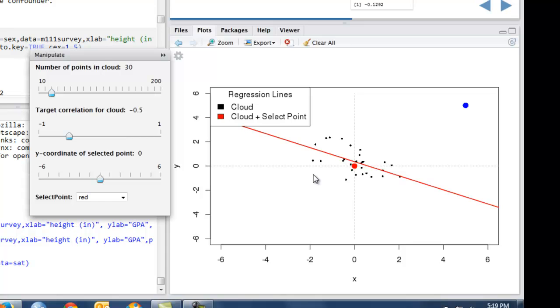Since we've set the target correlation for the cloud to be negative 0.5, it should make sense that the slope of the regression line is also negative. Note that this red point is not an influential observation because it doesn't have an extreme x-coordinate. In other words, the x-coordinate for this red point is right in the middle of the cloud of points in the scatter plot. If we change the y-coordinate of the selected red point,